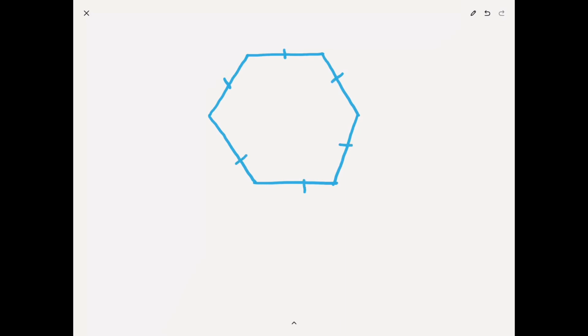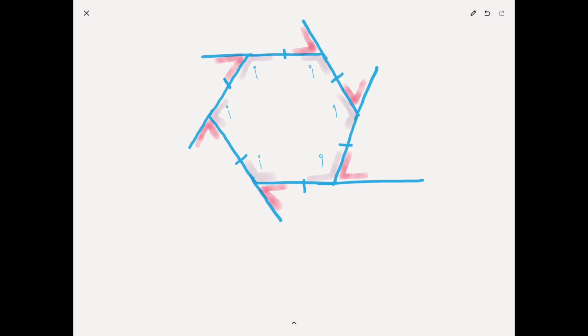It has all sides equal because it's a regular polygon. Then it has these interior angles, and these interior angles are all equal. Now if we start extending the sides, we will find that if it has 6 sides and 6 interior angles, that means it has 6 exterior angles as well, and the interior angles are labeled in red. So we have 6 equal interior angles and 6 equal exterior angles. I is the notation for the interior angle, E is the notation for the exterior angle.